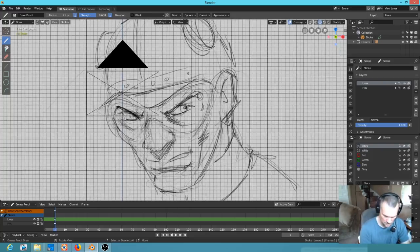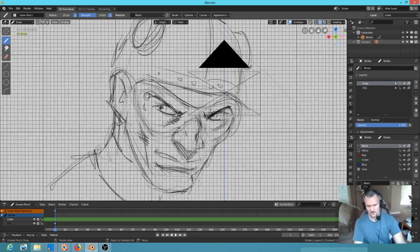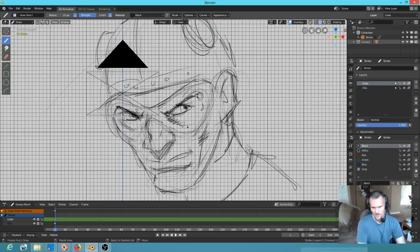And practice makes perfect. The more you draw, the less you make these little mistakes. But anyway, I don't even know what the hotkeys are to be able to erase and stuff like that. So anyway, welcome home, Blender 2.8. We're going to be using you, no doubt about it. But for now,